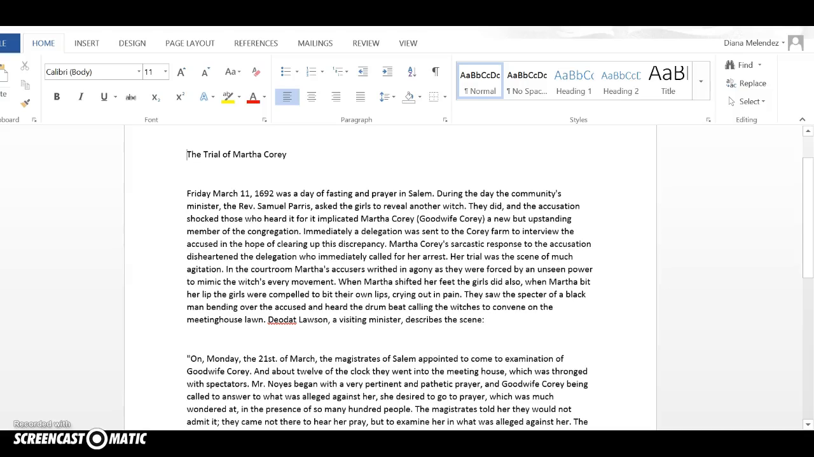Okay, so we've been talking the last couple days about nonfiction text. And remember the difference between fiction and nonfiction. Fiction is something that's made up, it's not real. And nonfiction is something that actually happened. They're actual true events. We can go back into history and look it up and verify that these things actually